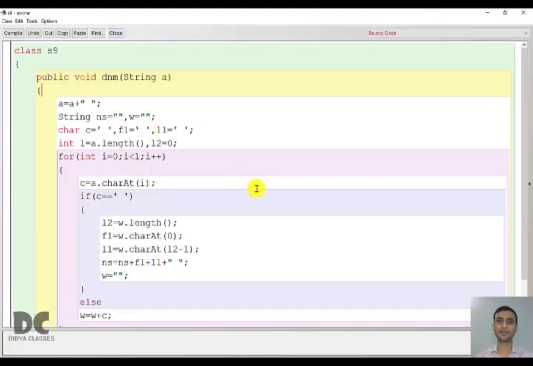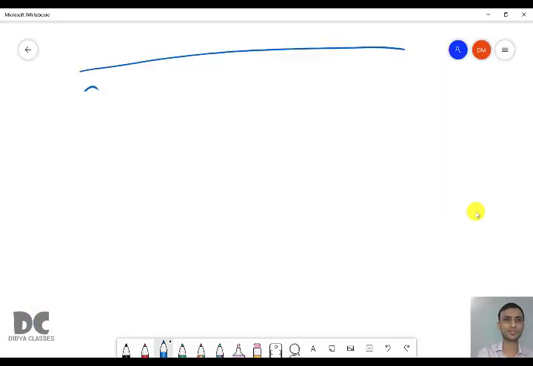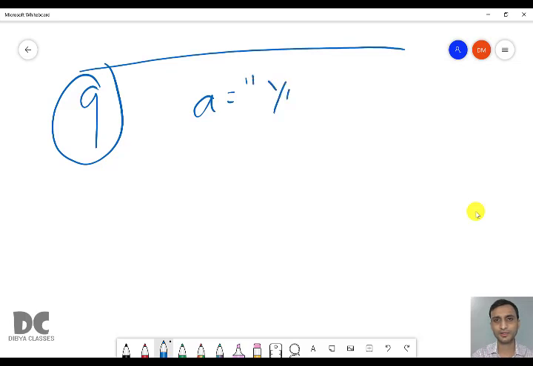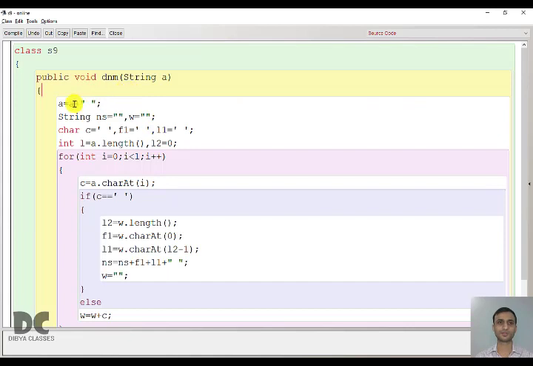Now let us run this program manually. So this is question number 9. We have taken a string "you are great". So we added a space, which I have already explained that you need to add a space at the end so that Java will understand that it completes the code. Next, we found the length and took the loop from 0 to less than n, extracted the first character and check if it is space. If it is space, means a word is complete, or else we'll try creating the word.